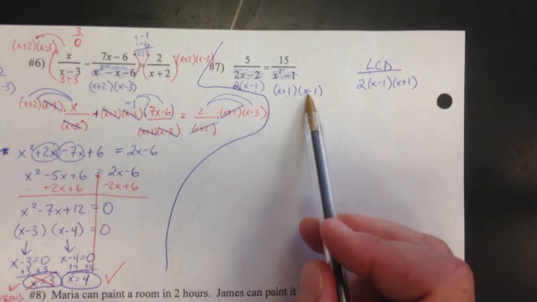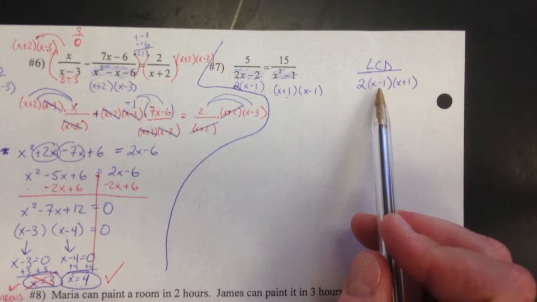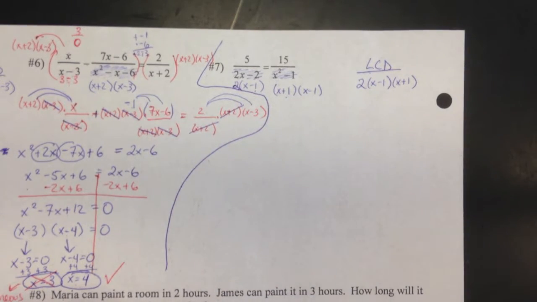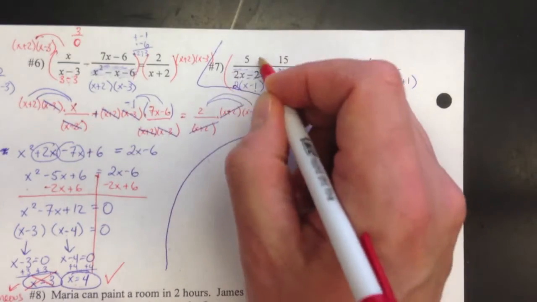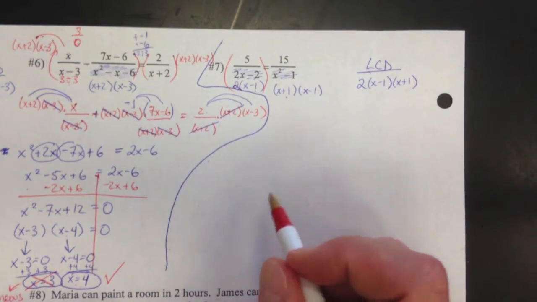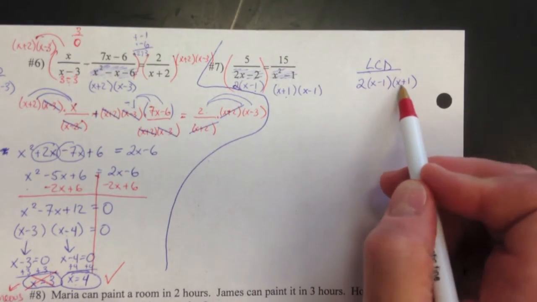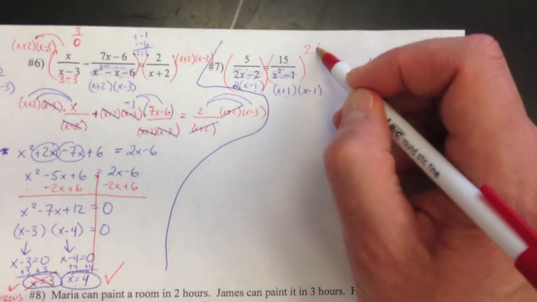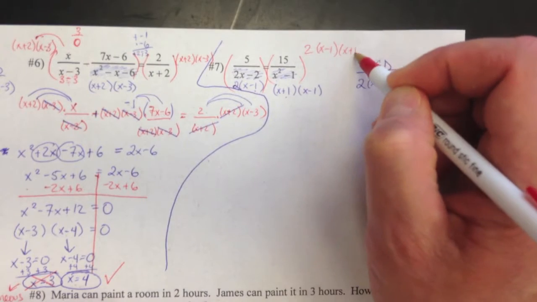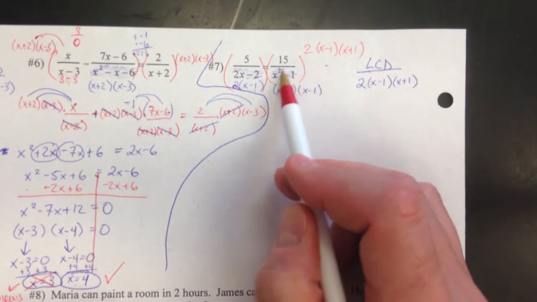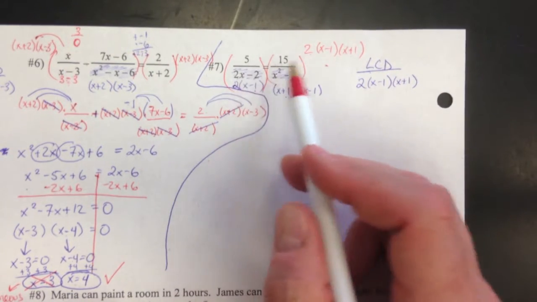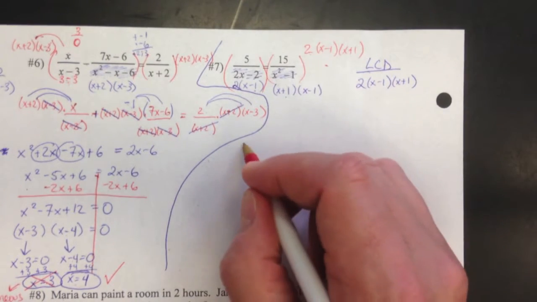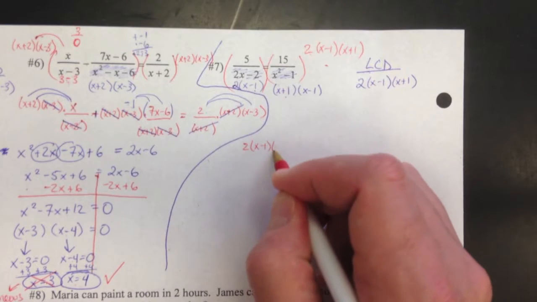Okay, but I don't need to repeat x minus 1 again, because I already had it from this one. So what I'm going to do is multiply the left side of the equation by 2 times x minus 1 times x plus 1, and I'm going to do the same thing on the right side. And since I'm running out of space here, I'm just going to write this for both of these. Okay, so let me come down here, I'm going to write it out. So I'm going to take 2 parentheses x minus 1, x plus 1,